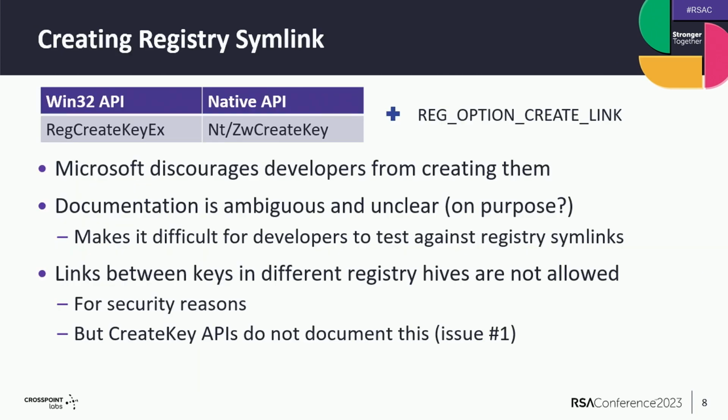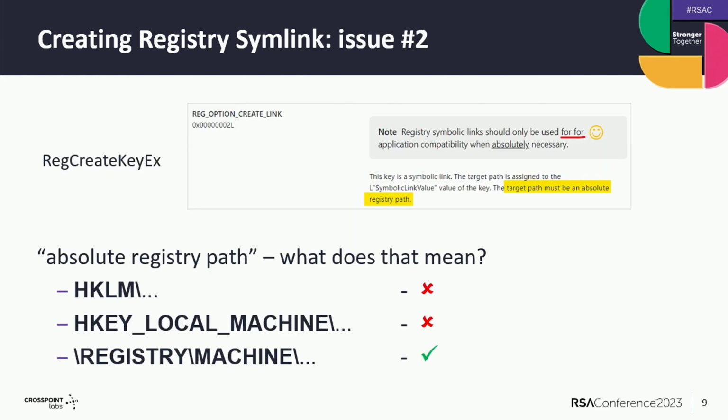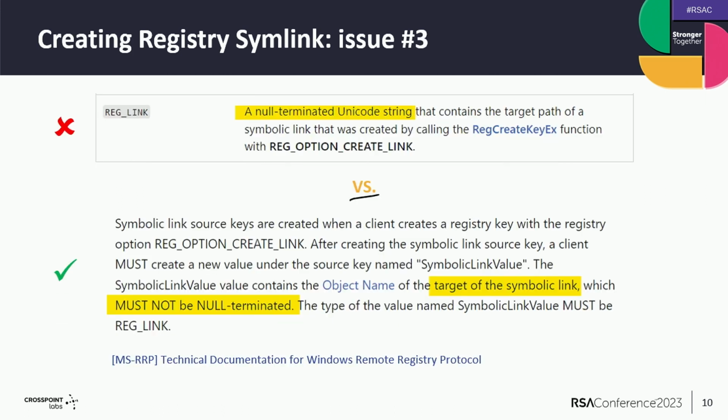Now, I have a few slides that cover information on how to create and open registry symbolic links, but I won't go through them in detail. I just want to highlight one thing: this documentation, especially the documentation around creating registry symbolic links, has several issues that range from some typos to ambiguous specification to even incorrect information. So if a software developer tries to create a registry symbolic link based on that documentation, they are likely to fail to do so.